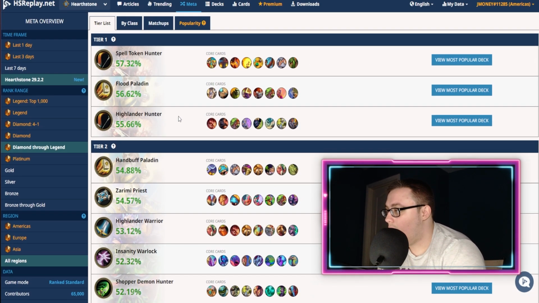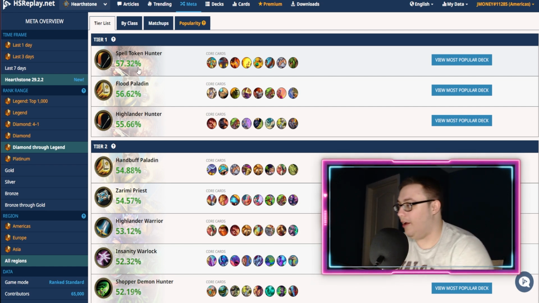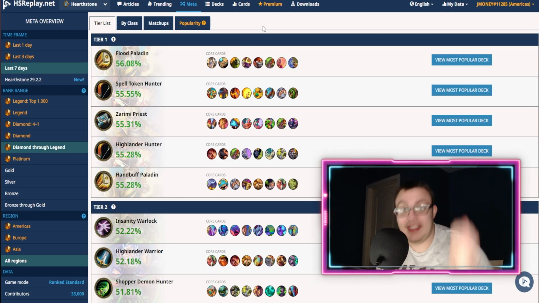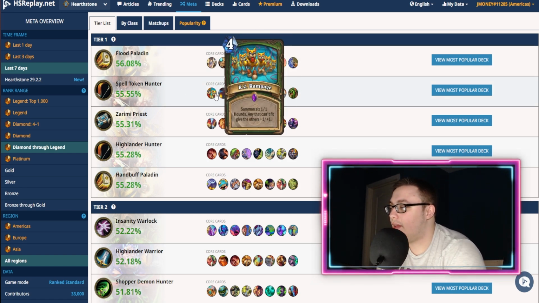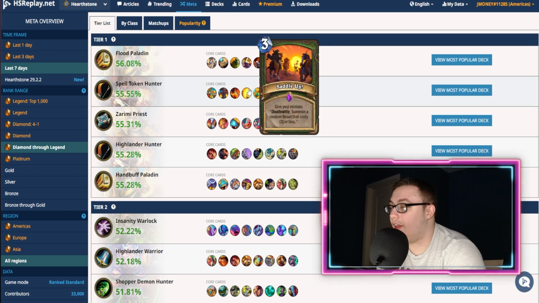Let me see. Right now, it is a 57% win rate in Diamond through Legend. Since, well, how about over the last week? Over the last week, 55, basically 56% win rate. Yeah. Really, the only cards I'm worried about are things like,